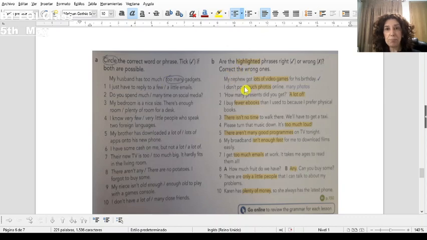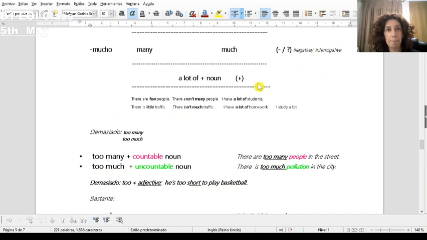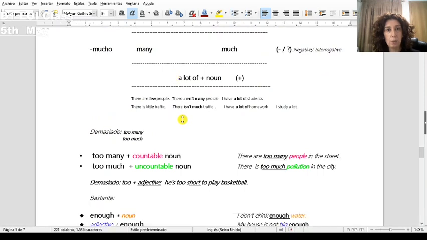And B. B, you have highlighted sentences. You have to decide if they are correct, right, you tick, or if they are wrong, you cross. But when you cross, you have to correct the sentence. For example, my nephew got lots of video games. Está perfecto, porque lots of es un sinónimo de